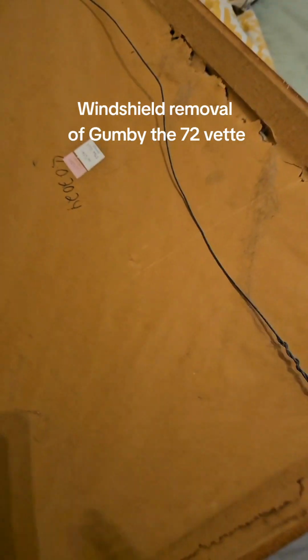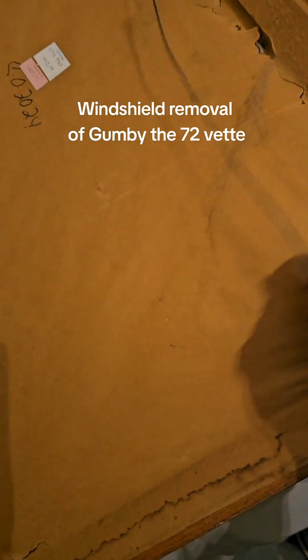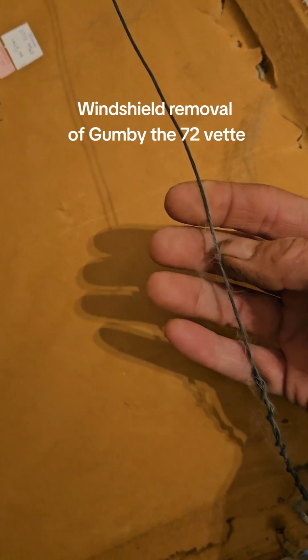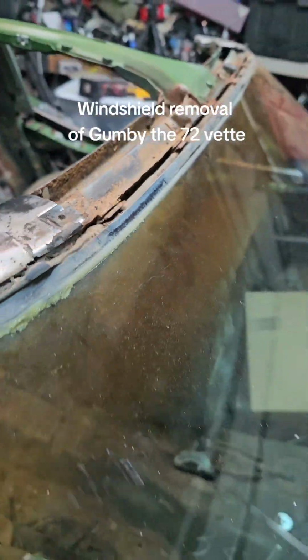Okay, so I need to take a windshield off. You don't need to buy anything special. Just find the nearest painting you got in the house, and you've got everything you need right here to take a windshield off a car. Now, when you're dealing with a 50-year-old car like this,